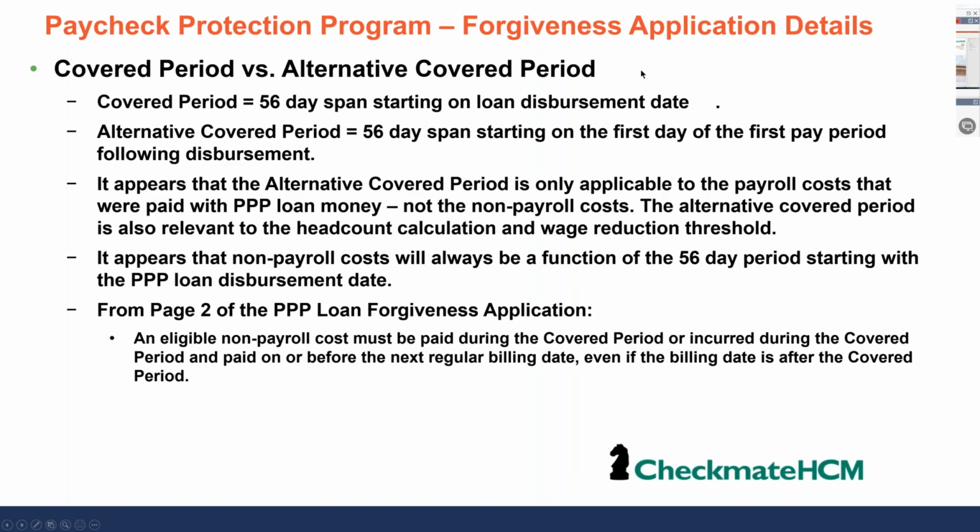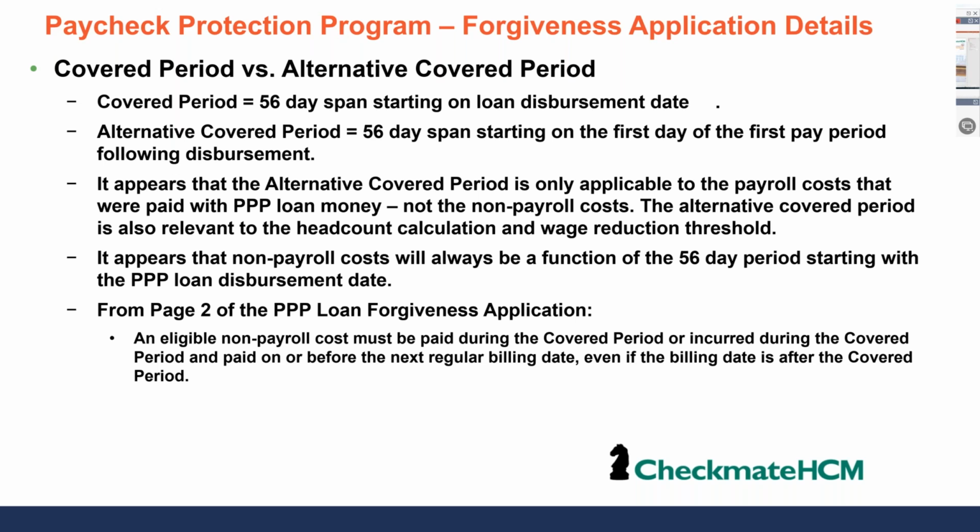Okay, so the covered period, as I said, is the 56-day span starting on the loan disbursement date. The alternative covered period is the 56-day span starting on the first day of the first pay period following disbursement. As I said, it appears the alternative covered period is only applicable to payroll costs associated with the PPP loan money and your possible forgiveness reductions associated with headcount and the wage reduction, but not non-payroll costs. It appears that the non-payroll costs will always be a function of the 56-day period starting with the loan disbursement